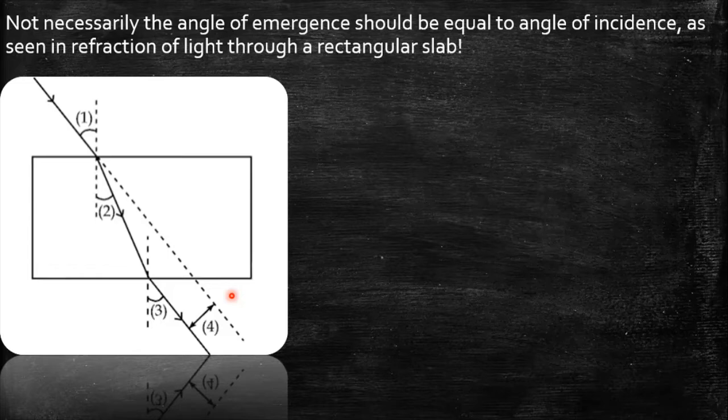Now over here, what do you think happens? Obviously, assuming this 1 is my angle of incidence and this 3 is my angle of, let's say, emergence, I obviously know that the angle of incidence I over here is equal to the angle of emergence E over here, right? So obviously we know for a fact that the emergent ray is parallel to the incident ray, correct? Yes. Now what can you tell me about the deviation of the emergent ray from the incident ray?